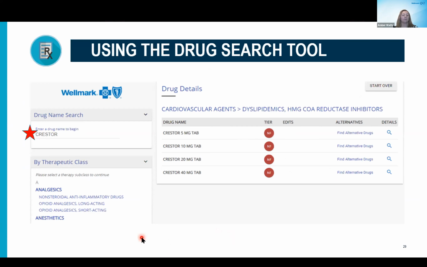So in our example here, we're going to look up Crestor, and under your plan, you can see here, pointing with the pointer, Crestor is a non-formulary drug. So that means it's not going to be covered under your plan. But if you look over here to the right, there's Find Alternative Drugs. And if you click on that,